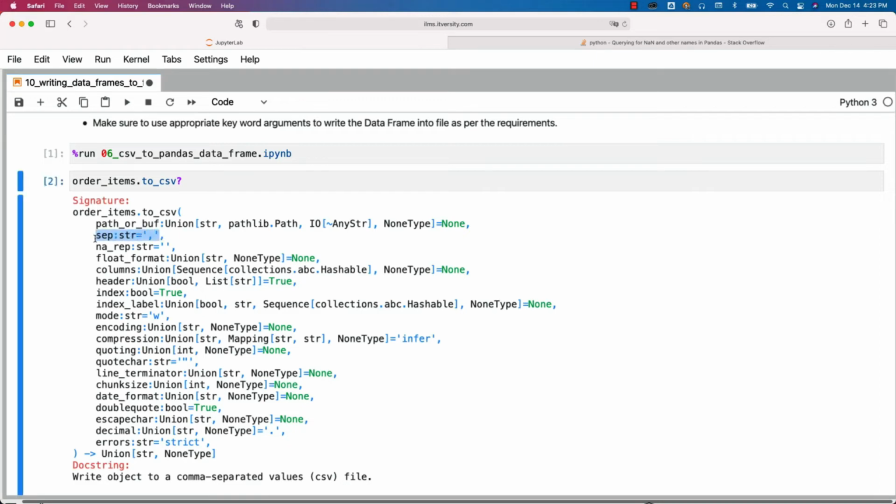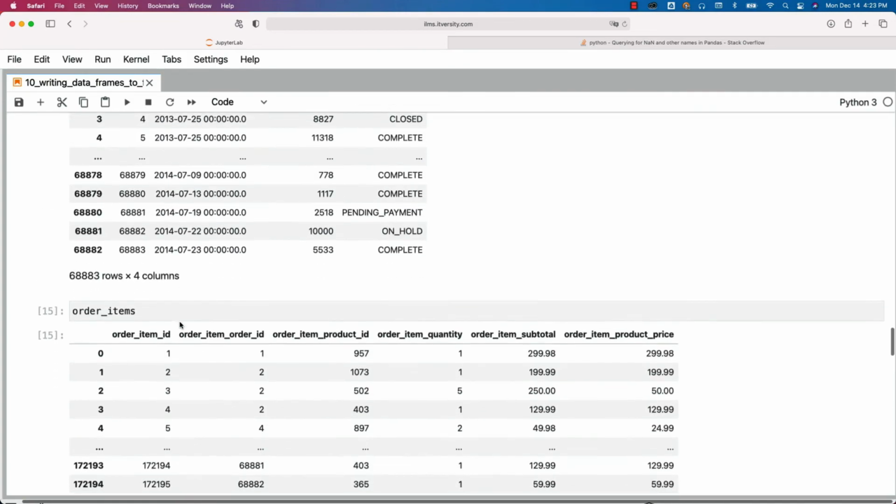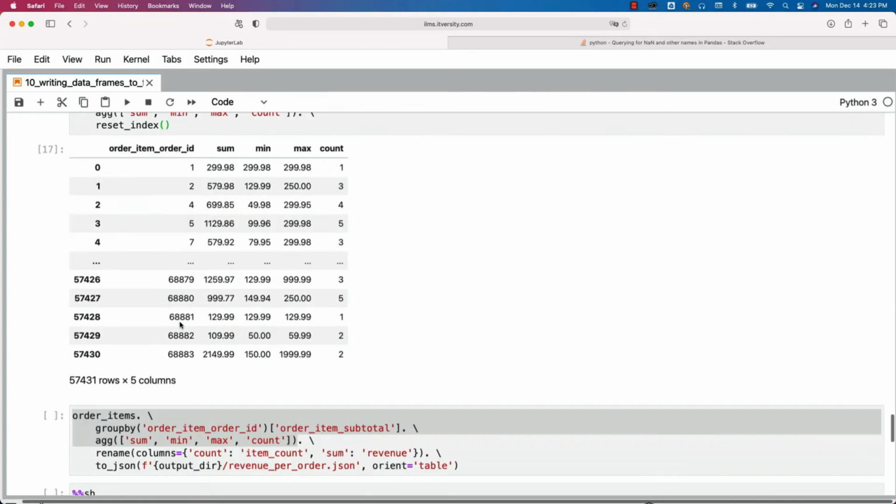We don't need to specify the argument. We want header, even this one can be ignored. We want index also. Hence we can ignore this also. We just have to pass the path and the data will be written to the file in the form of CSV. Now let's go through the usage of to_csv here.